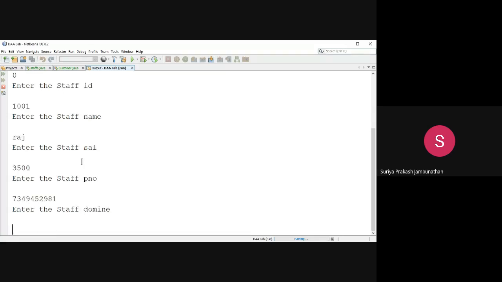Staff domain I am giving as CSC, and staff publication as 3. These are the inputs for teaching staff. Keep in mind, domain and publication have to be given for teaching staff.